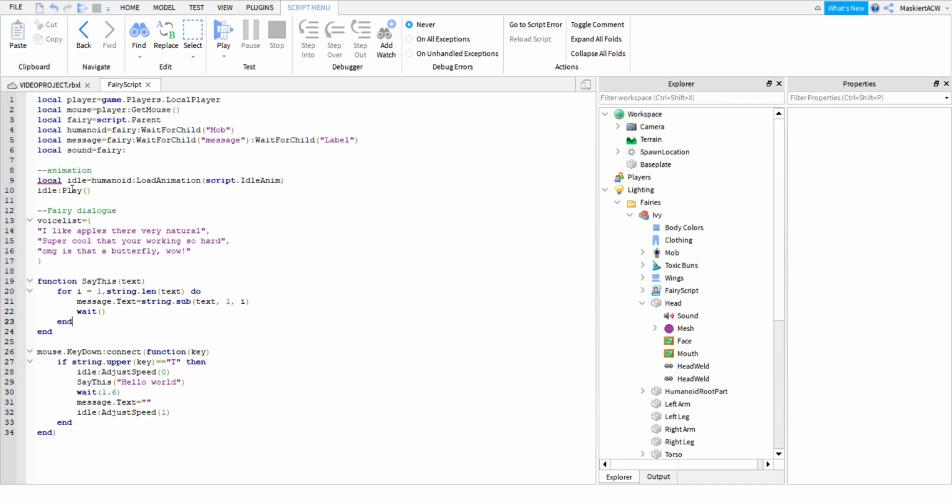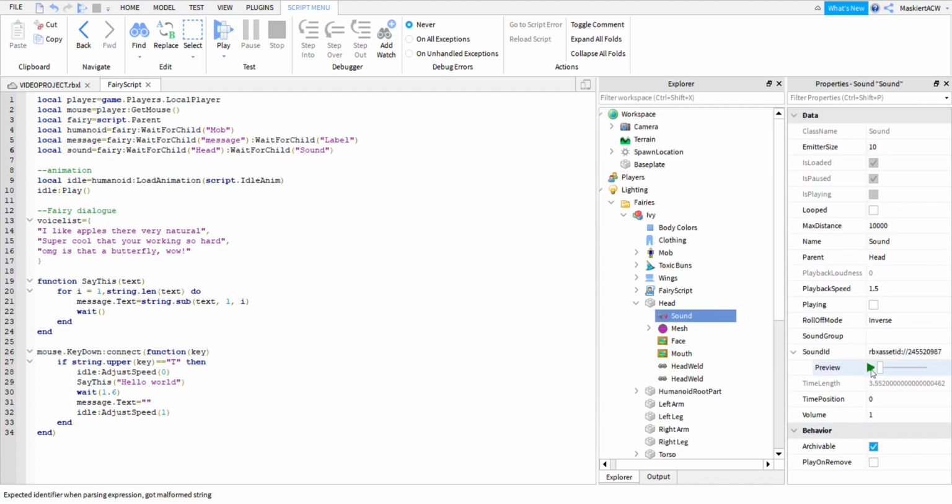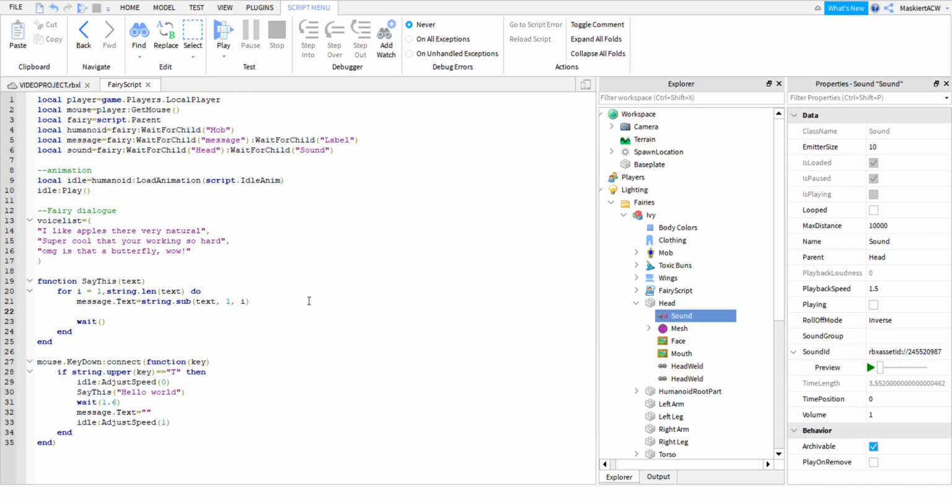So, now that I've got all this, I want to get the fairy, wait for child, head, and then wait for child. Sound. And we have this little twinkle sound effect, right? So that's what we'll be using. So I'm going to go ahead and put it here. Sound, play,